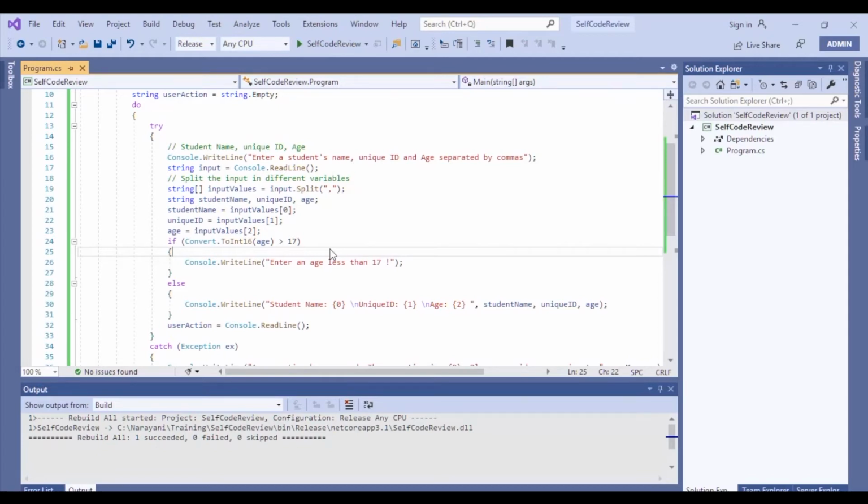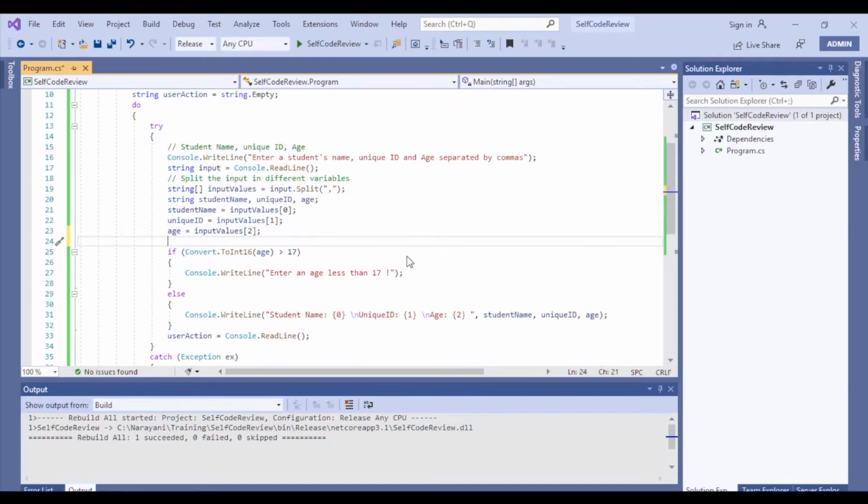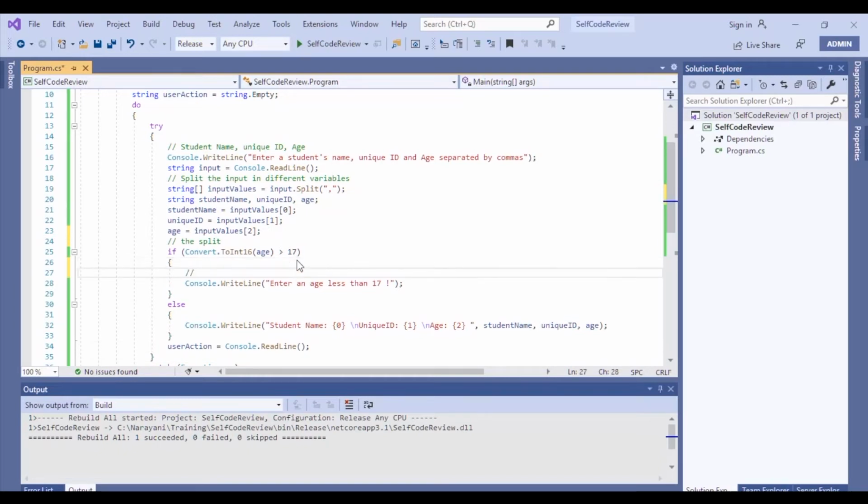But when it comes to a production environment, when it comes to a live environment, you will not be able to identify where exactly a particular error has occurred until you have some clue of where it could have occurred. So here comes the importance of logging. So if I had said over here that at this place the split has been successful and the values have been split, and probably over here if I had said once the conversion is successful, over here if I had said the age is converted successfully, the age is validated successfully, of course after proper check for age. So this is not a proper check, we have to handle things correctly.